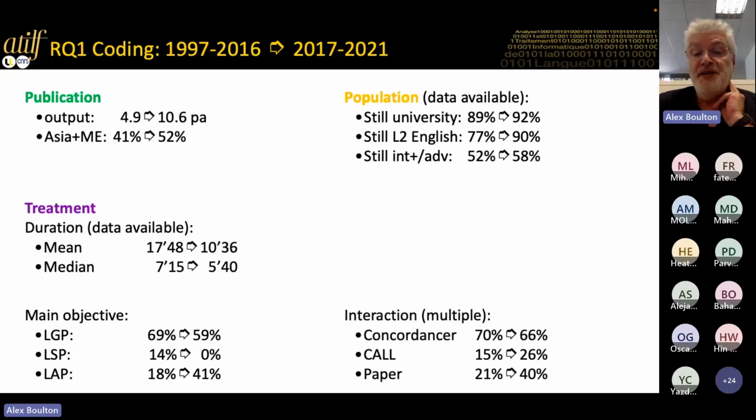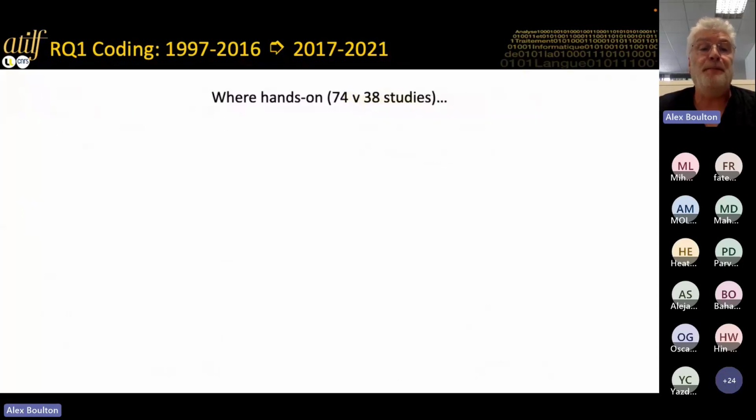Interaction: I was surprised that the number of studies where students actually interact directly hands-on with a concordancer has decreased slightly. Those where a corpus is integrated into a broader CALL package, computer-assisted language learning package, has increased a bit. But in particular, the number of studies which use paper-based data-driven learning, so the students don't do it on a computer, the teacher prints out data and gives it to the student or projects it onto a screen, those have gone up. It's almost doubled. Very surprising. Wouldn't have noticed it if I hadn't done this kind of coding, you see.